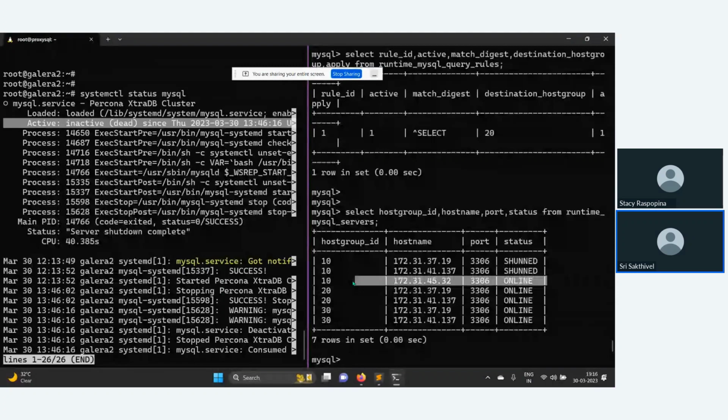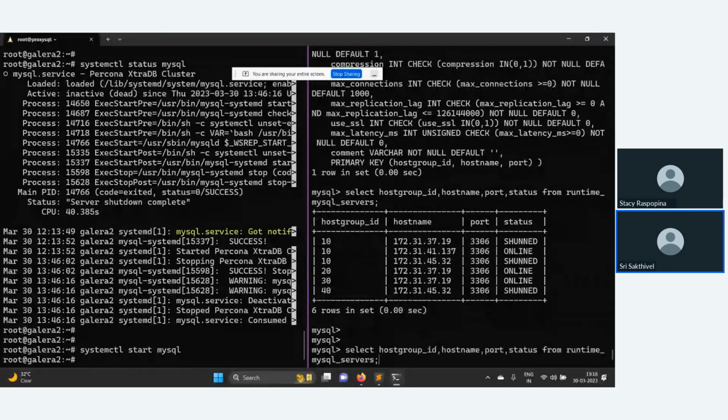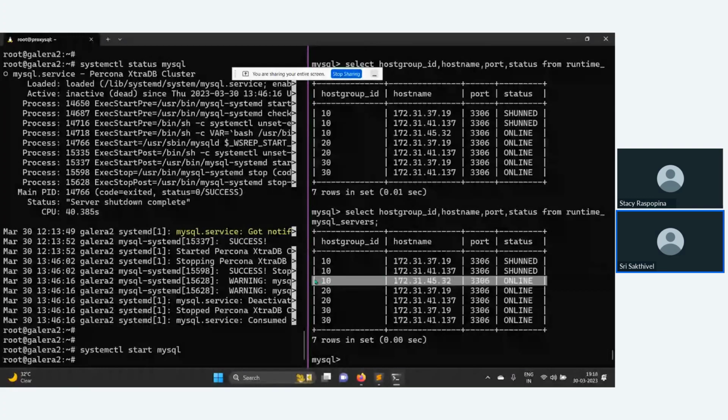Okay, so now let me start this node again. Yes, the node is started. And let me check the status again. So you can check this again. We have the rows, and again we have only one writer. That node, Galera 2, which we stopped and restarted, is the current writer. Okay. So yes, this is what I thought to show here with this configuration, like the MySQL Galera host group and